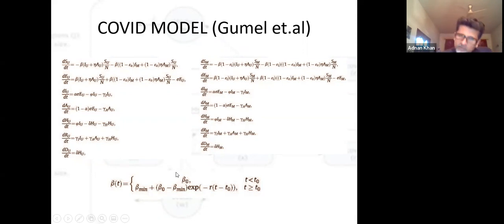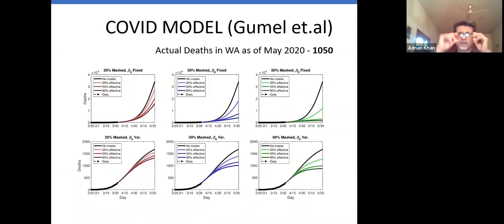The other thing they did was a very clever idea. They said, look, the contact rate at which I is meeting S, initially there are no restrictions. People are running around, dining in restaurants, going to the cinema and so on. So that's some fixed number, but then it decreases over time. And it decreases to some minimum value, okay? So there's some beta minimum, which is the minimum contact rate. As time goes on, this is a decreasing function. And let's see what happens. They did this analysis for Washington and New York,